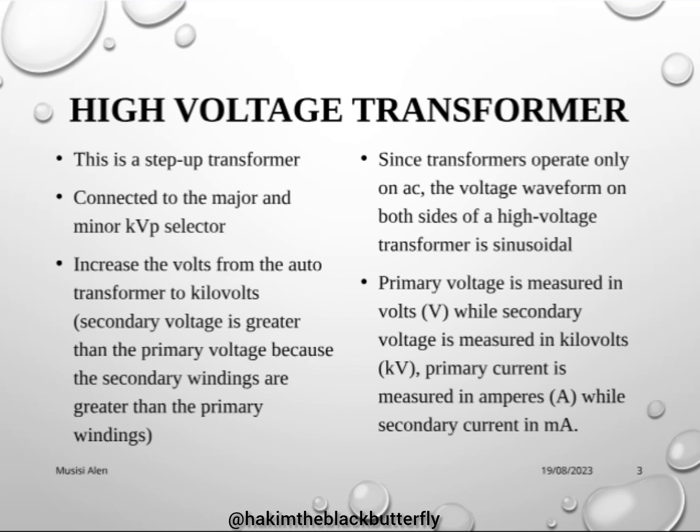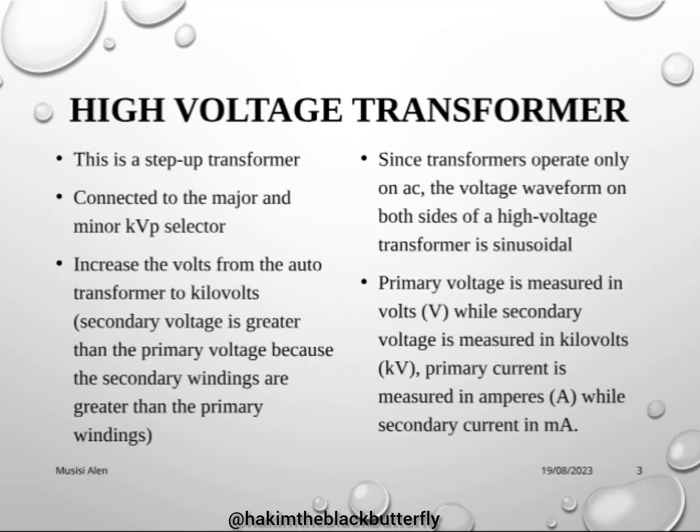It increases the volts from the auto transformer to kilovolts. That is, the secondary voltage is greater than the primary voltage because the secondary windings are greater than the primary windings. If you remember your physics, A-level physics,